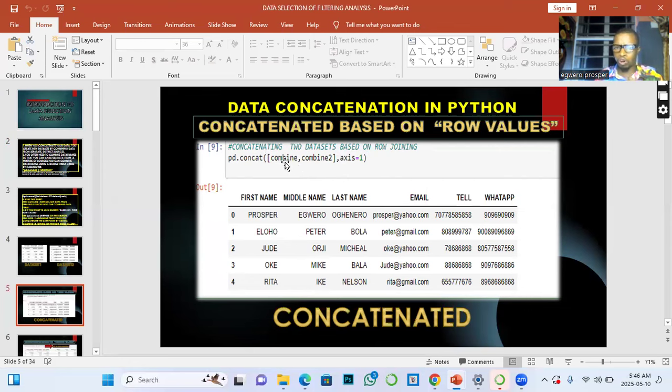The first one is called combine. The second one is combine2, just like the way we store age and we store income in two different data frames now. That was the reason why I quickly created those data sets, because I'm going to use them to implement this. Now, why do we have axis equals 1? Now, look at this heading here. Concatenated based on row value. So you can actually concatenate